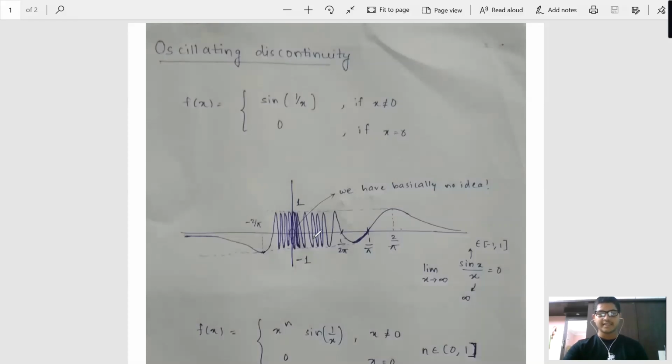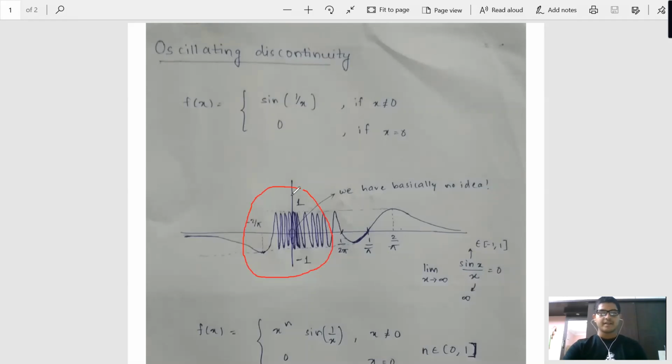You can clearly see this graph, the region here, this region which I am marking. The value of the function is oscillating between two fixed values. For instance, here it is 1 and -1. So this is going up, down like this. Clear? So seeing the nature of this graph, we can say that there is an oscillating discontinuity because we cannot literally determine what the value of the function is near this region.